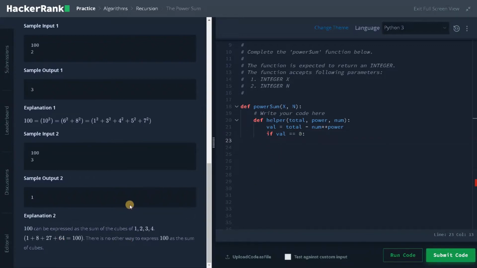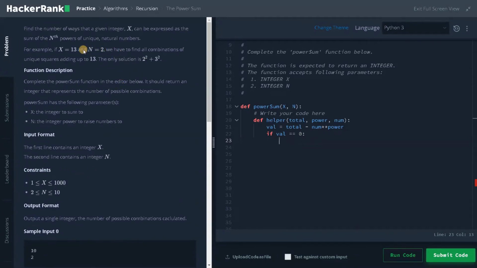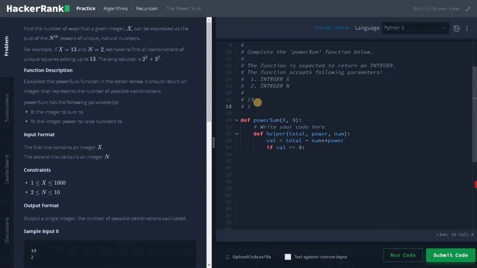Let's take a small example to explain this. Let's consider 13. Initially 13 will be here, this is the total. When the number is 2 to the power of 2, so it's 4, I'm computing the value as 13 minus 2 power 2, which is 4, equals 9.